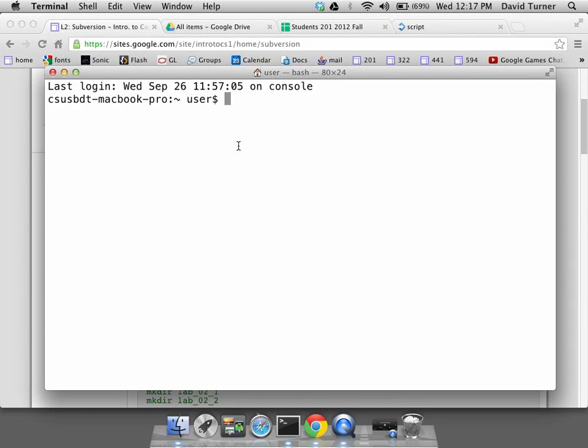So now I'm locally running this console window, this terminal window. You can see PWD, just like for those who went to lab on Monday. And you learned the PWD command, print working directory. It tells you where you are in the file system hierarchy. All the commands that we use in the Linux lab also work in the same way under OS 10, because they both share a common